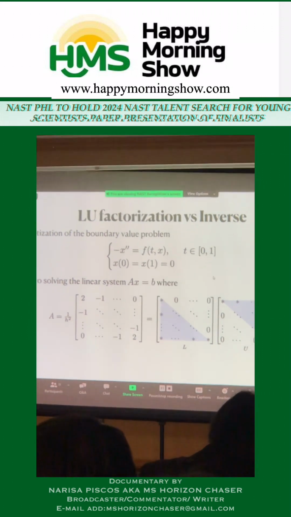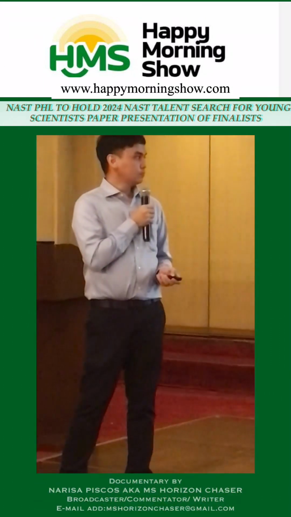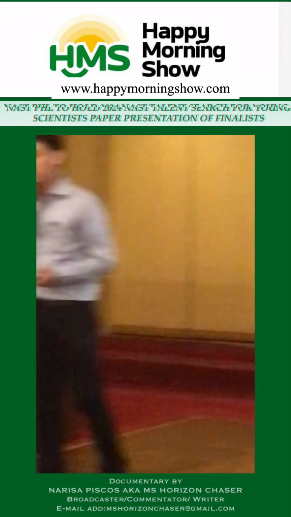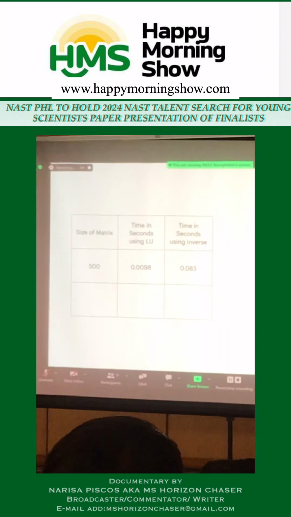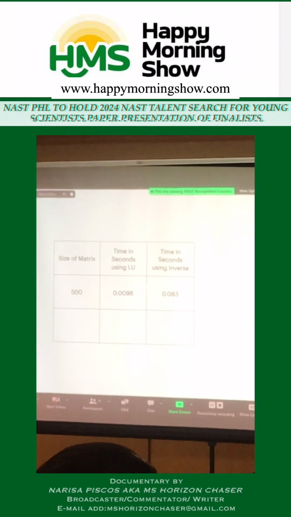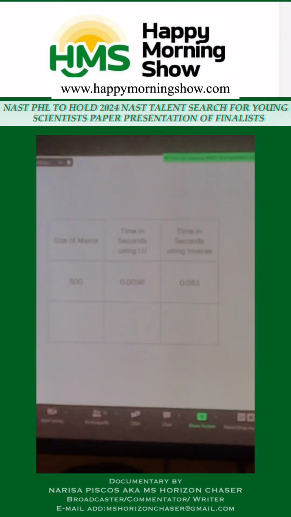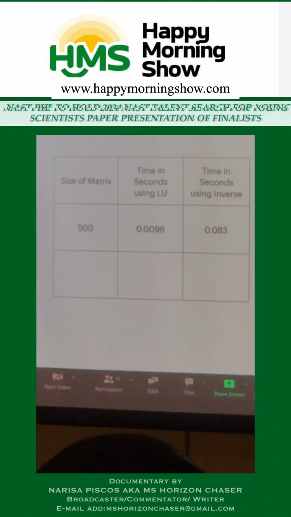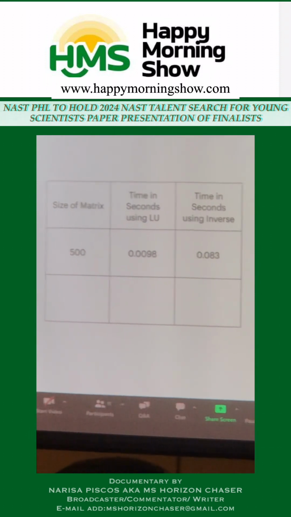Let's solve this system in 2 ways. Let's solve it using the LU. If the size of that matrix A is 500 by 500, a very modest size, the time it takes for LU to solve the problem is about 0.0098 seconds. The time it takes to solve the system using the inverse is about 0.083 seconds. This might not seem like a lot of difference, but